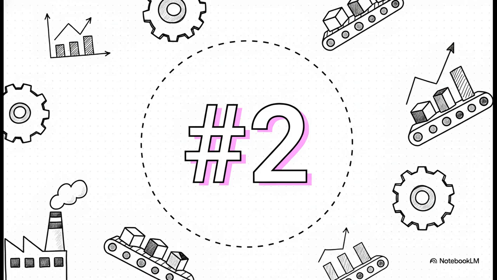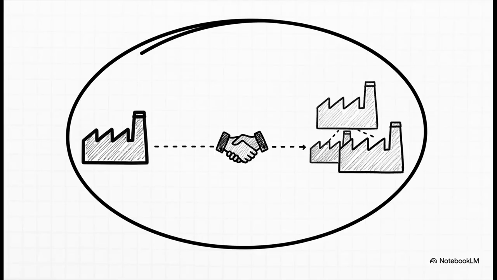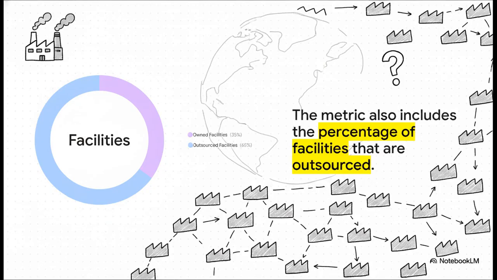The second key metric is the number of manufacturing facilities. And when you dig into the details here, this is where it gets really interesting. See, here's the key detail. It's all about scope. SASB says companies have to report not just the factories they own, but also all the facilities they directly contract for manufacturing. This one simple rule gives us a much more honest picture of a company's true operational footprint. And this illustrates the second part of that metric perfectly, the percentage of those facilities that are outsourced. A company might only own a handful of factories, but if it contracts with hundreds more around the world, that tells a completely different story about its supply chain and all the potential risks involved.